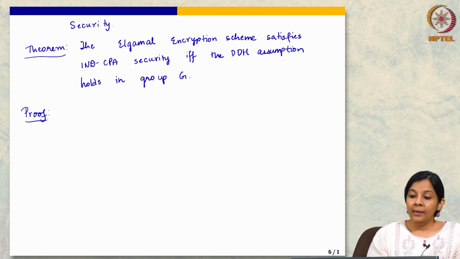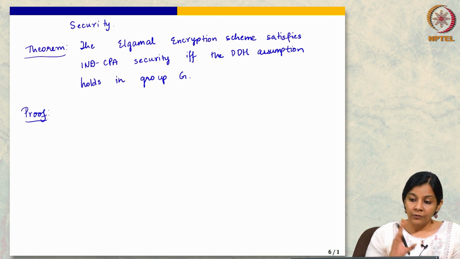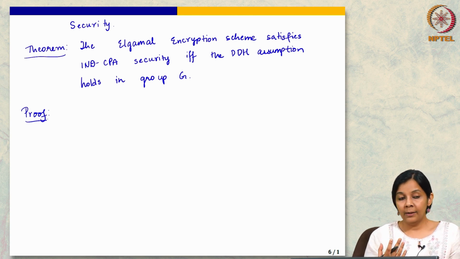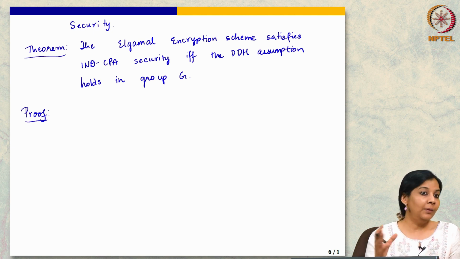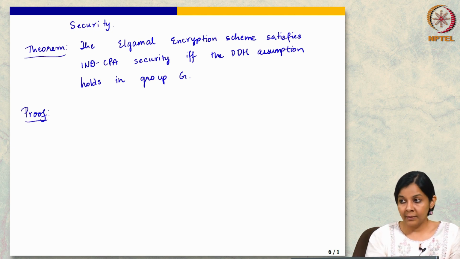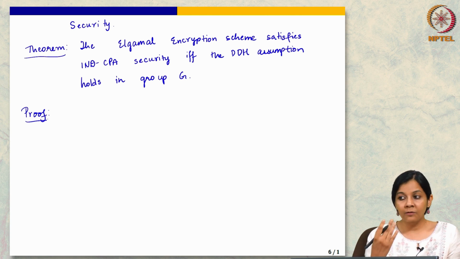So, what do I need to do now? Assuming that, I'll argue it by contrapositive. Assume there is an attacker against the El-Gamal encryption scheme. I will use that to construct an attacker against the DDH assumption. I will construct what we call a reduction, which will take as input an instance of the hard